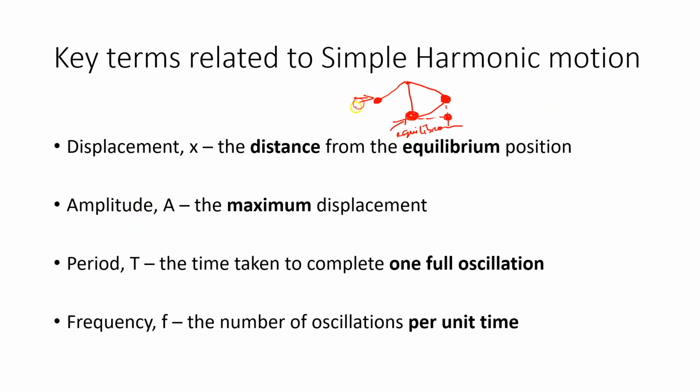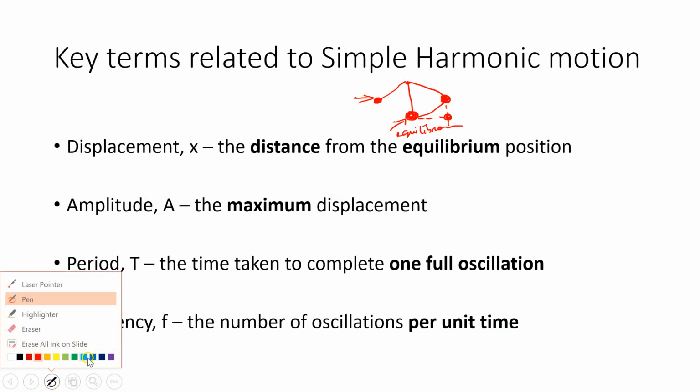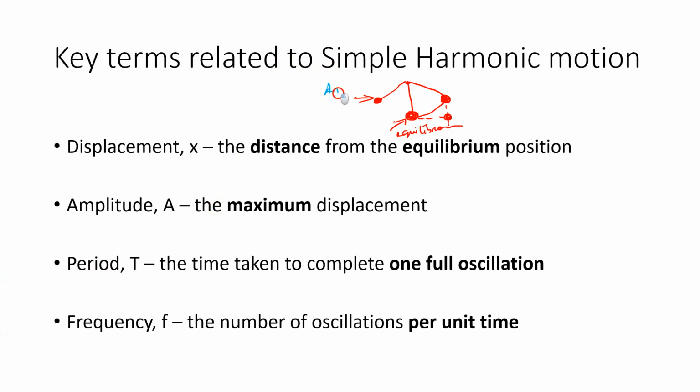So if we look at this diagram here, at that location, that would be one of your amplitudes. This side is going to be another amplitude. So there are two maximum displacements that you can have, as you can imagine. Once you displace it from its equilibrium position, it's going to move up to a point. That displacement is what we call the amplitude. Then it's going to return through the equilibrium position, and then it's going to attain another amplitude, which in most cases will be the same value as this one. However, you would classify this side as the positive side, and this side as the negative side. So when you think about a typical